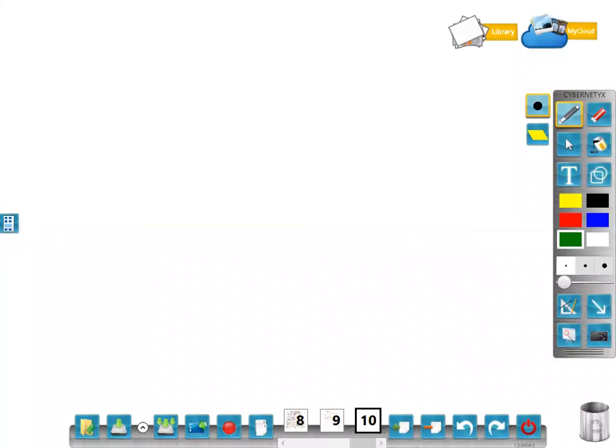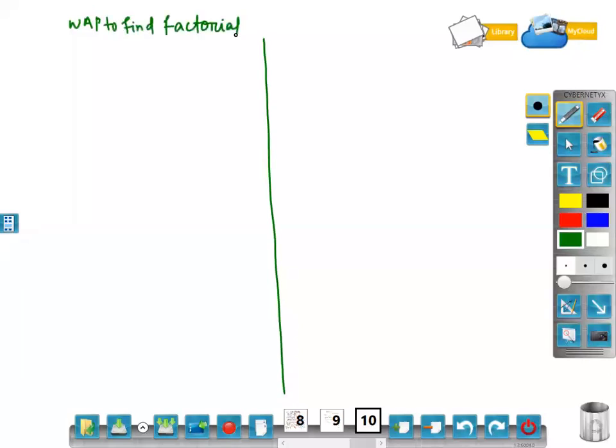Okay, so let me explain through one example so that you can understand. One program I am writing without recursion but using function, and the same program I will convert to function recursion. Let the program be: write a program to find the factorial of a number, by using function.